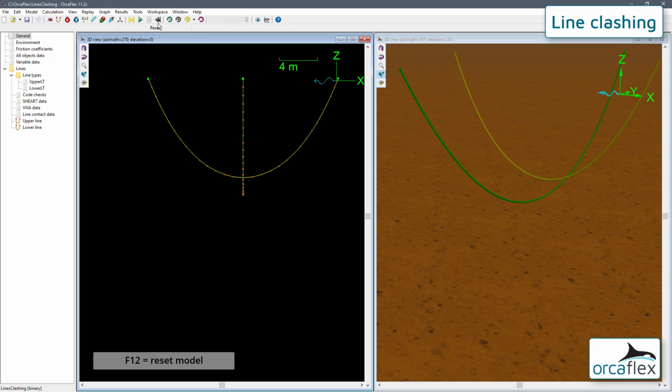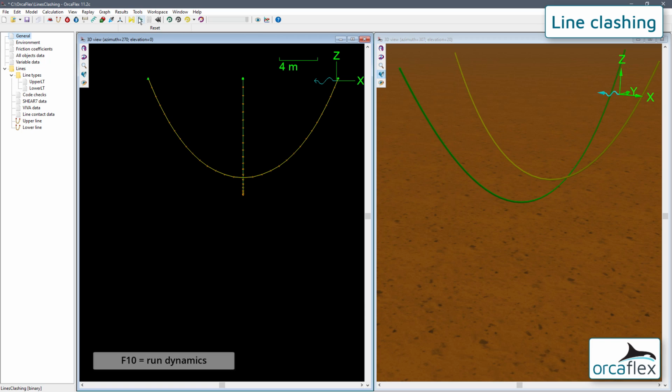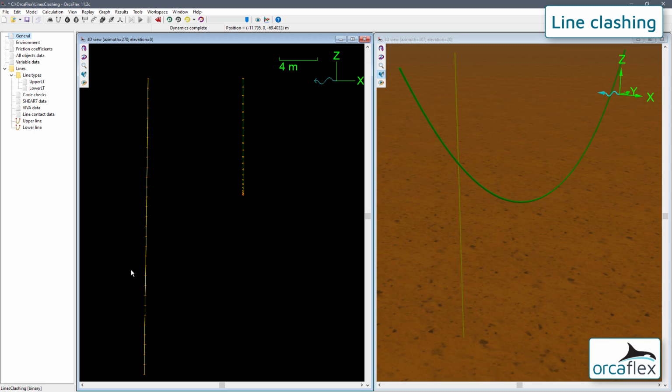Let's reset the model and open the general data form, and on the dynamics page we'll change the time step to 0.2 seconds and then rerun dynamics. This time step is deliberately longer than usual to intentionally create an undesirable result.